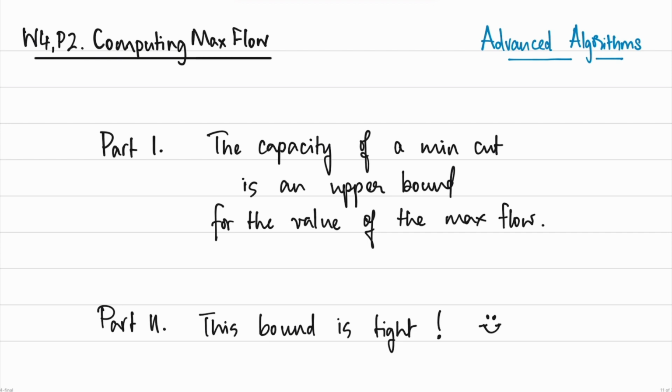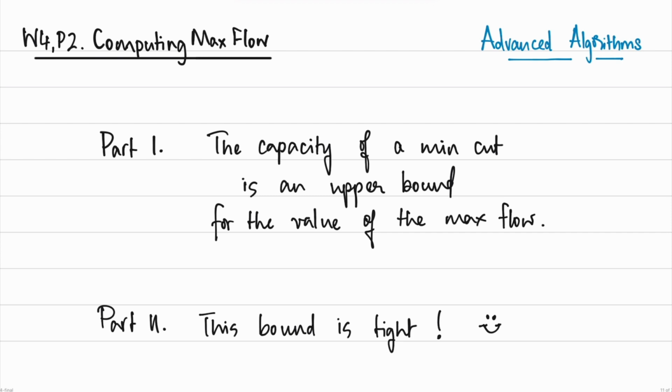And we are going to actually begin by formalizing the intuition that we had last time, which is that the maximum flow is actually upper bounded by the capacity of a minimum cut. What we said last time is that if somebody shows you an ST cut which has a certain capacity, let's say you have an ST cut whose capacity is 10, that means that the maximum flow that you can push from S to T cannot exceed 10 because in some sense it has to go through this cut, which is